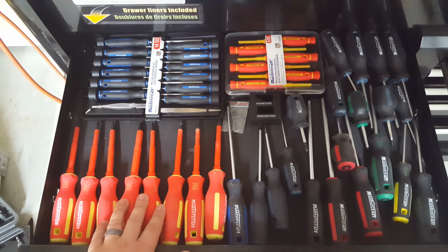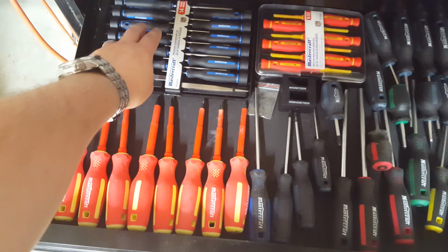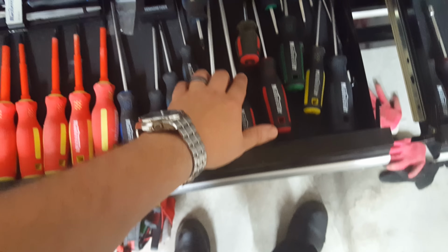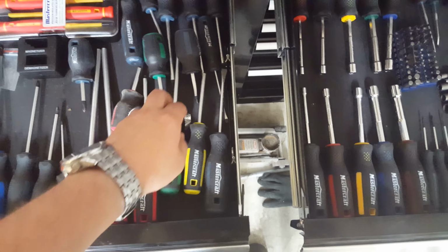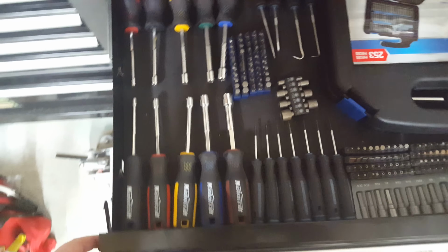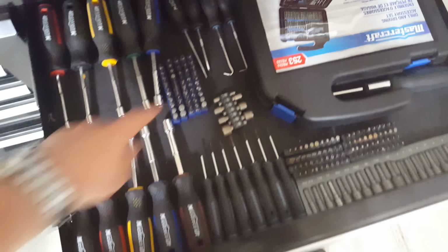Then the next 2 drawers underneath, I've got screwdrivers, insulated here and here, then regular, and most of these ones came as a set. It was like a 170-piece set, but 70 pieces of it were fasteners. So it's got a whole range of sizes and whatnot. And over here, I've got nut drivers, metric and standard, picks,